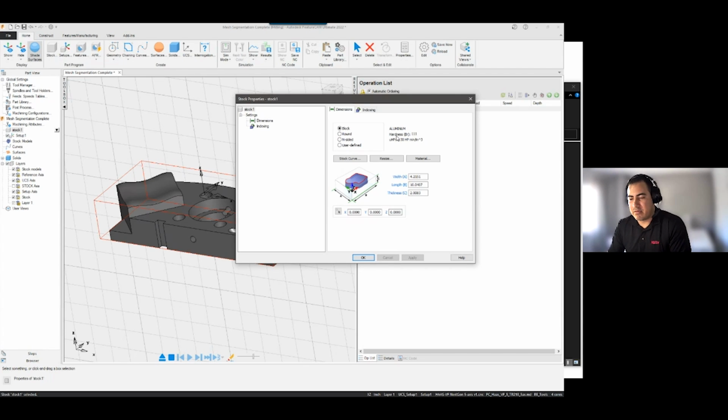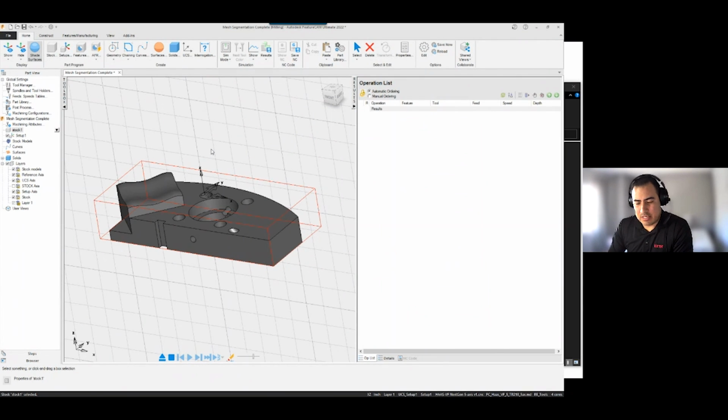Now, obviously, in a perfect world, you would just click a button and have a fully programmed part. That's not really always going to be the case. So you do have the option to also do some sort of interactive machining as well, and we'll take a look at what that looks like here in just a bit. But right off the bat, we're just trying to get some toolpaths out to the part, see what the software does to begin with, and then we can go ahead and start modifying some of this if need be. So the first thing that we're going to do is actually go ahead